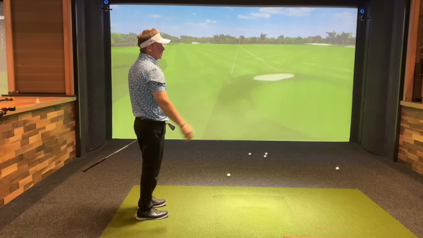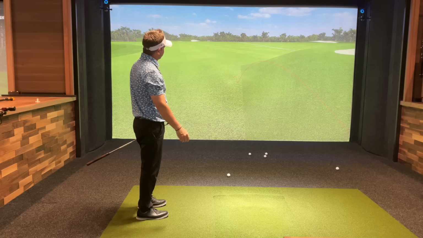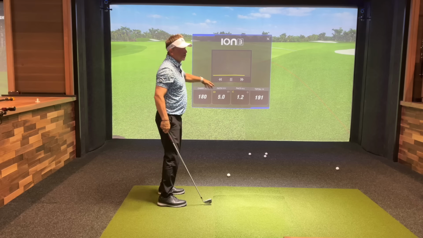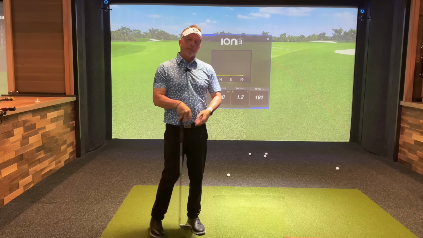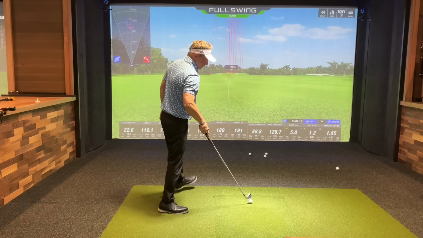So that one was a closed face. Watch this. I felt the face close on me. But here's what's interesting. It's a 5-degree inside-out path, but a closed face. So let's do a couple here. Let's do a couple where